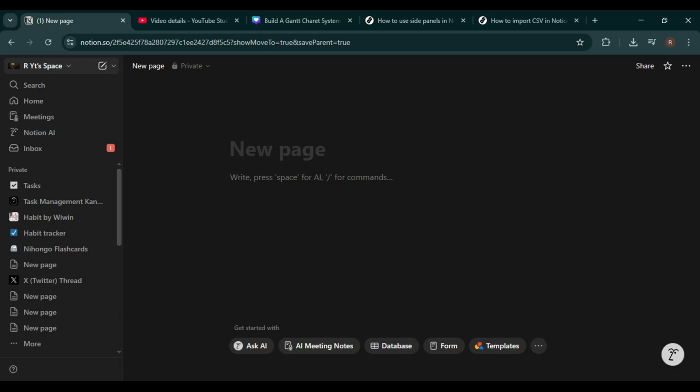In today's video, I'm going to show you exactly how to import a CSV file into Notion step by step. This is perfect if you're coming from Excel, Google Sheets, Airtable, or any other spreadsheet tool, and you want to move your data directly into Notion without rebuilding everything manually. Whether you're managing tasks, tracking finances, organizing content, or building a database, importing CSV files can save you a massive